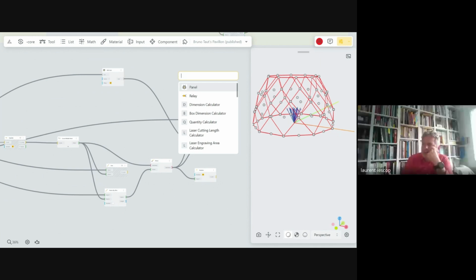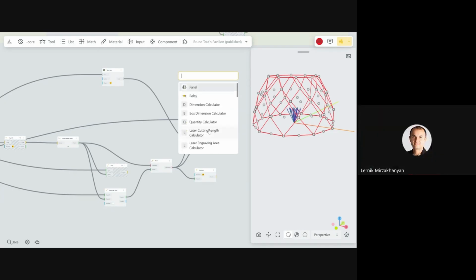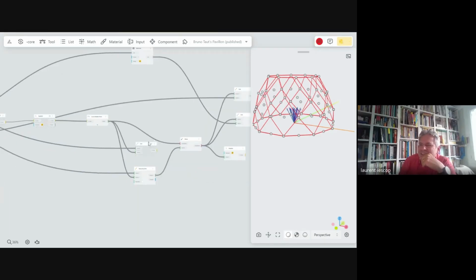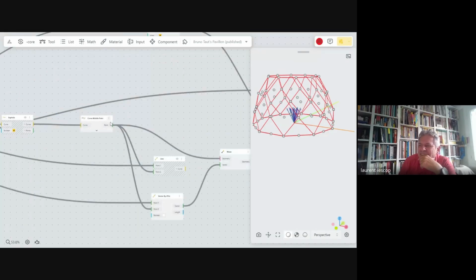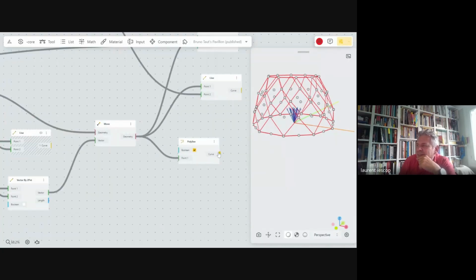Oh yeah, I was wondering what was in this panel. Okay, that's very good. So it's already narrowing down the options. Yeah, that's clear. This is super. The interface is very easy to get.